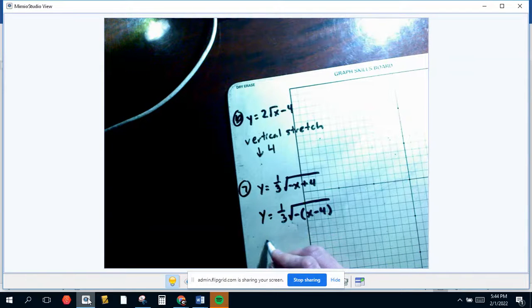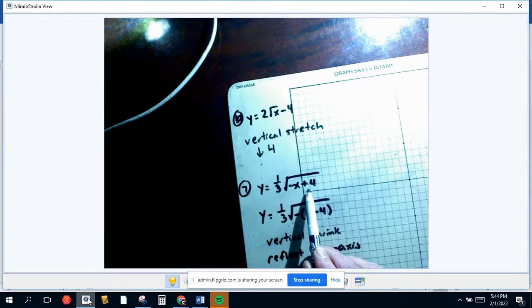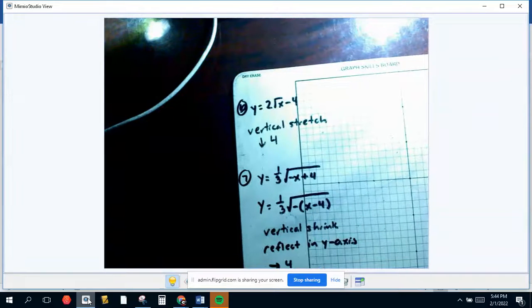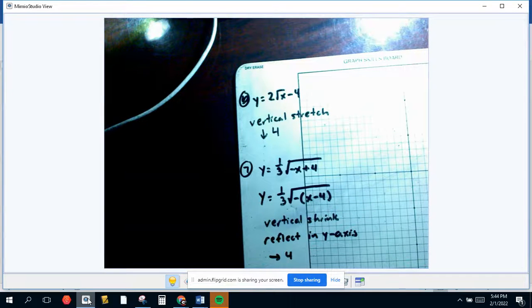So this would be a vertical shrink thanks to the 1/3. It would be a reflection in the y-axis, and it actually would go right 4. It originally appears that it would go left because of the plus, but when you take the negative out, it becomes minus, and it's going to go to the right 4. So you need to be careful in that case. Okay, so that's the first 3 sections of our